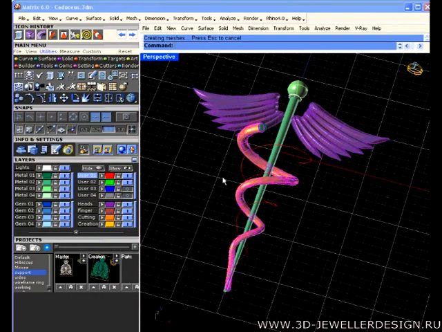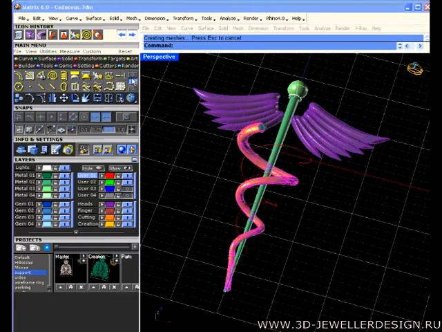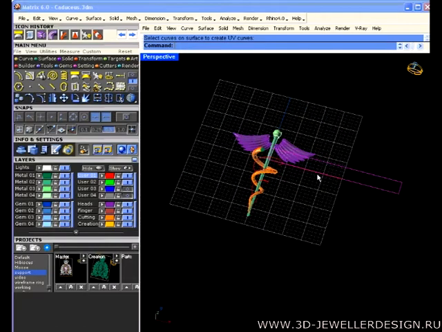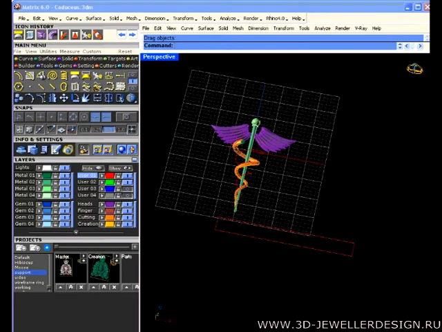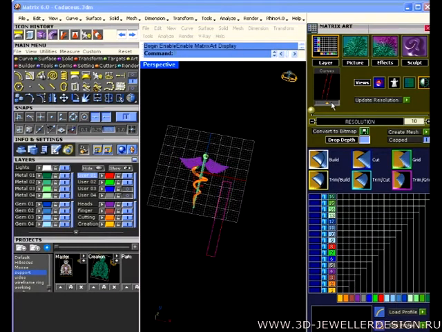Okay, so that changed the surface seam point, and now we're going to go curve and go to extract or create UV curves. So there's that surface pounded out flat. Okay, and I'm going to rotate this like so. Then we're going to come over to Matrix Art. I'm going to put that in there,